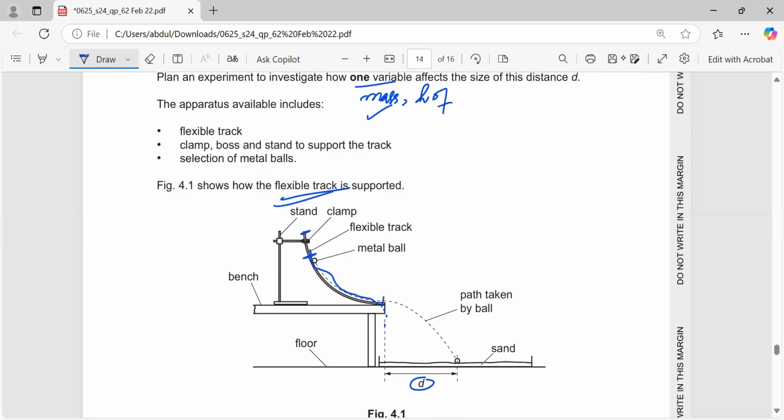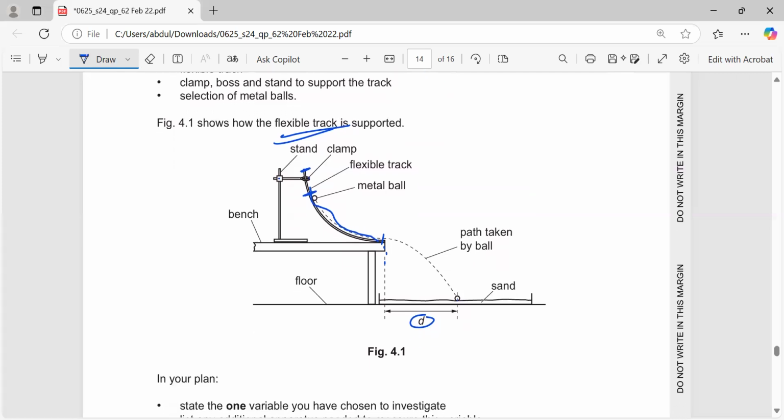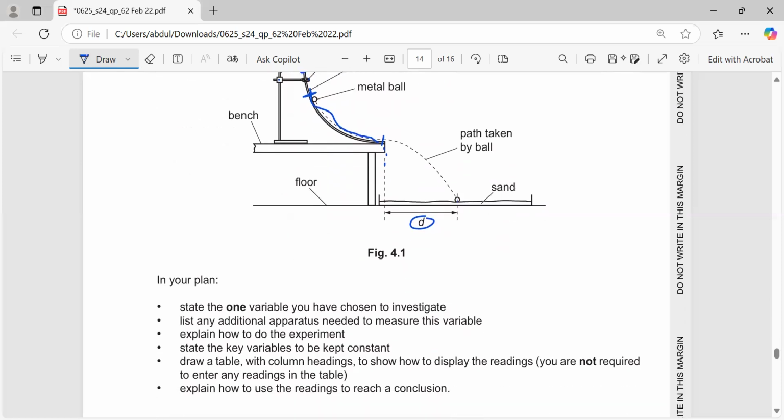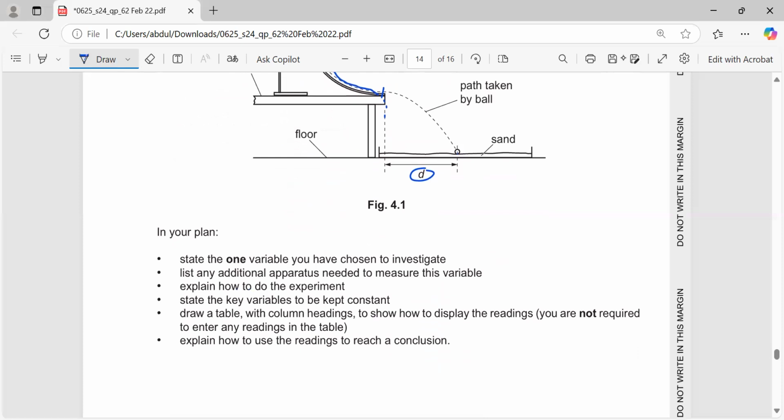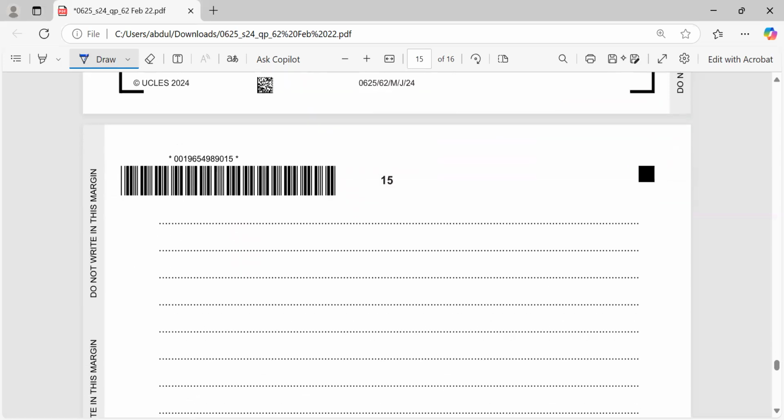The apparatus available include the flexible track, clamp, boss and stand to support the track. As you can see, there is a clamp, stand, bench and everything. And then a selection of metal balls. So it means different balls are there and they are with different masses. In your plan, state the one variable that you have chosen to investigate and list any additional apparatus needed to measure this variable. So I will say the mass of the